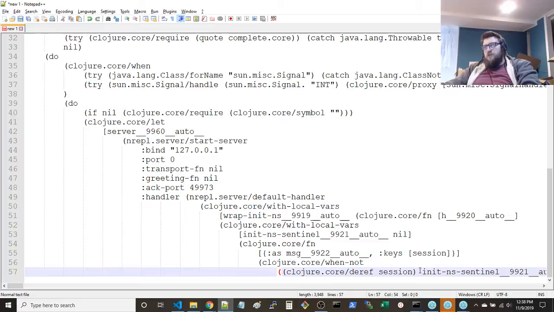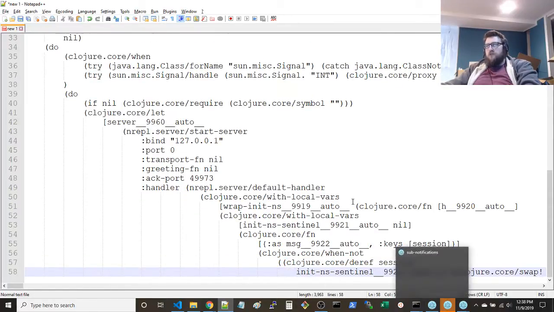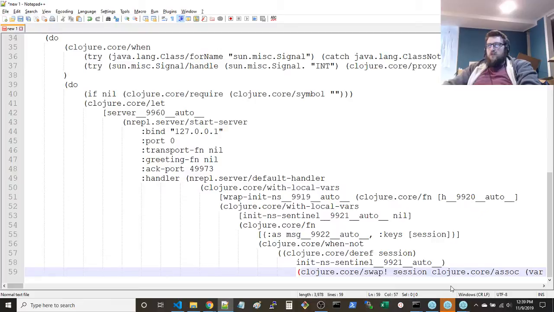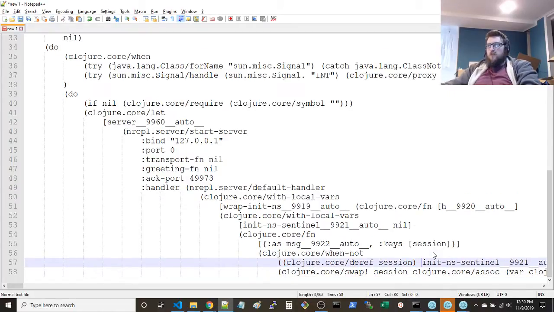You call this function. There's a function here which has some arguments. It's just one function call. So this is somebody's function.